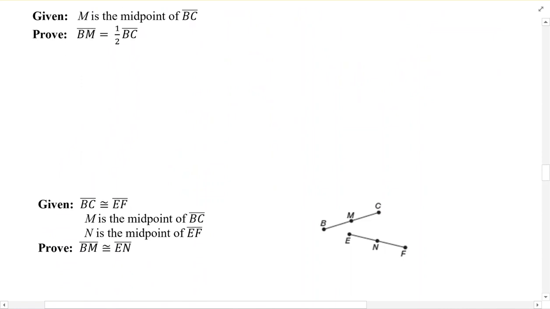Okay, so we're going to move on to the next proof. And the next proof gives us that M is the midpoint of BC. So looking at a picture, we have BC and we have M. We know that is equal to that. So starting with the given,